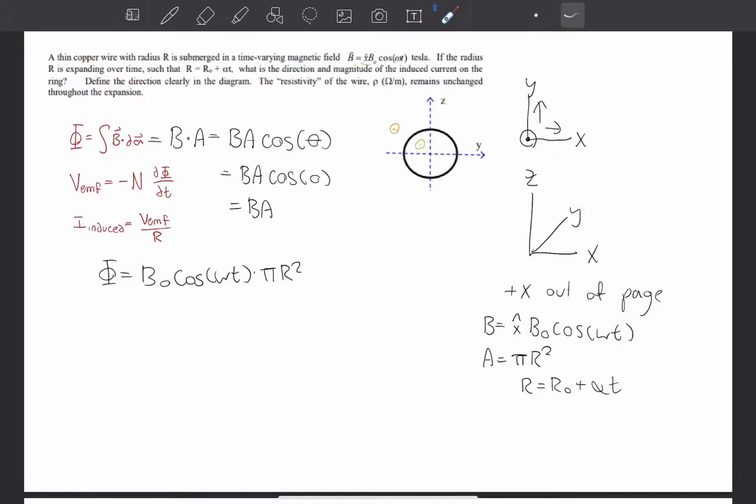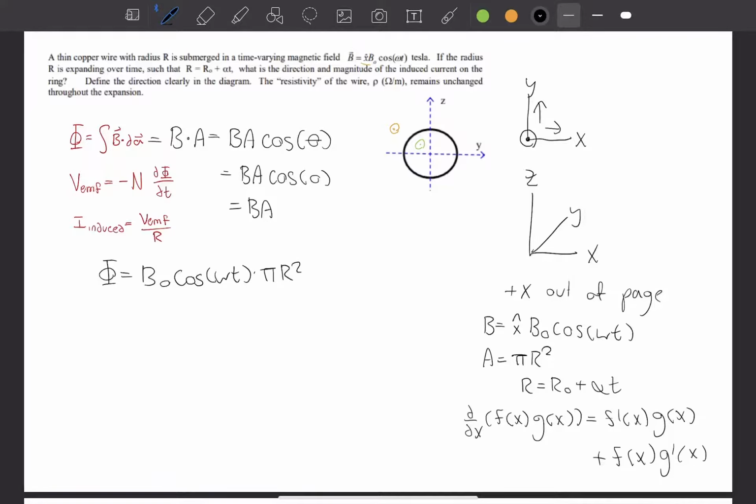And so this function looks a little bit complex at first, so we need to break the derivative down. And to do this, we're going to use the product rule. And what does the product rule say? The product rule says that the derivative of some function of x times another function of x is equal to the derivative of the first function times the second function plus the first function times the derivative of the second